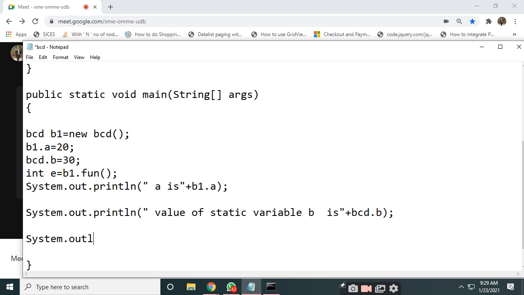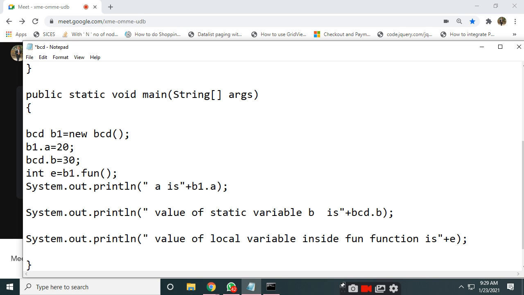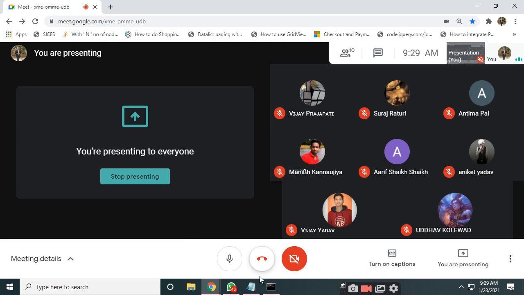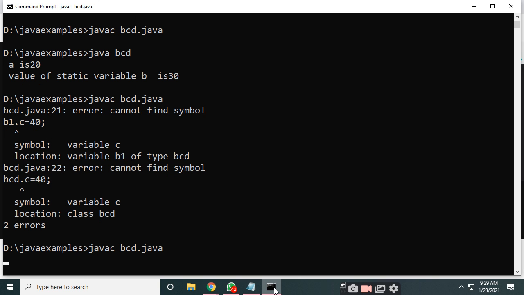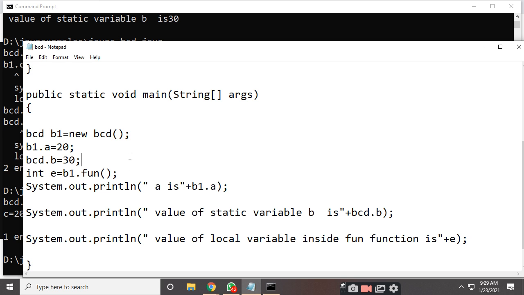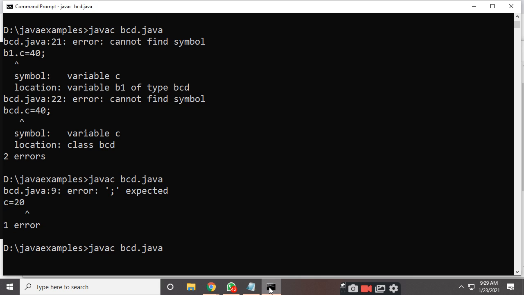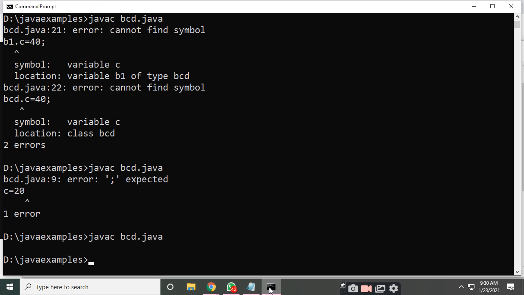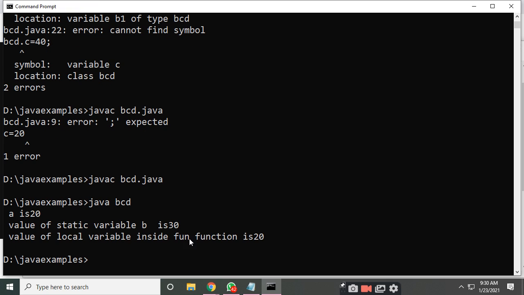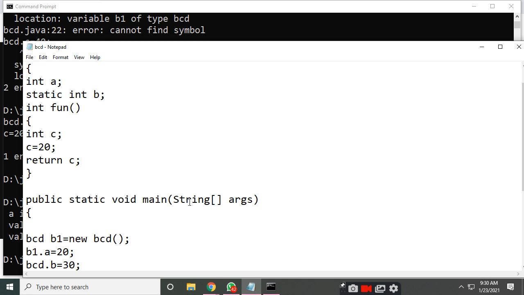Now we can print the value of the local variable. You can see the local variable which is defined inside the function has the value 20. Variables which are declared inside functions are called local variables.